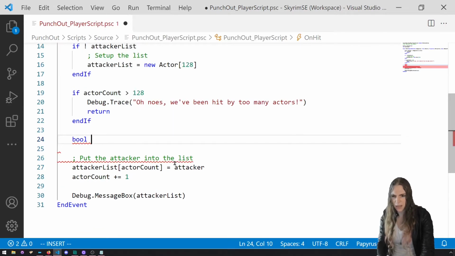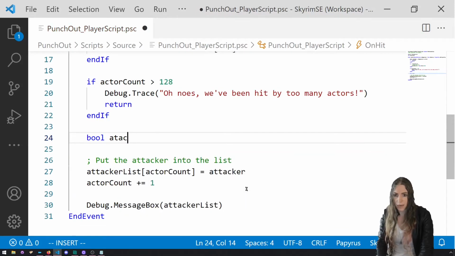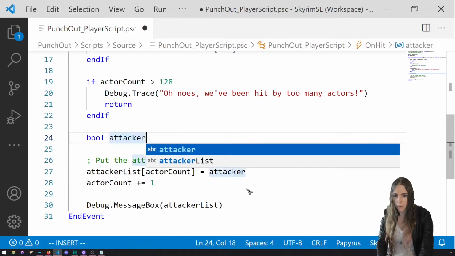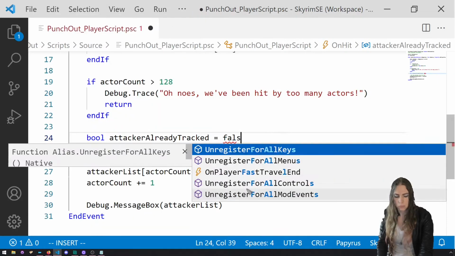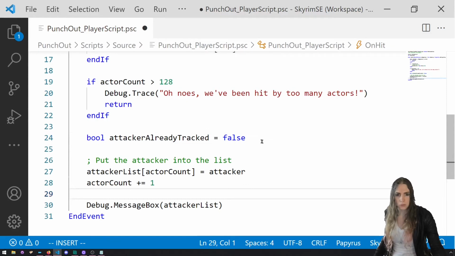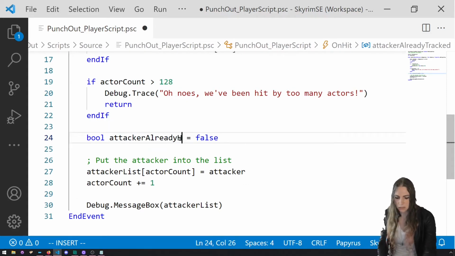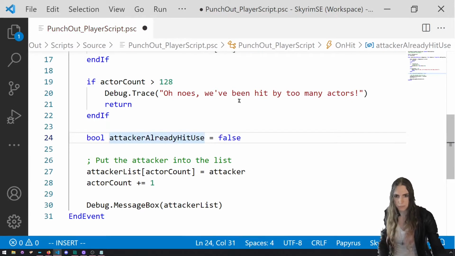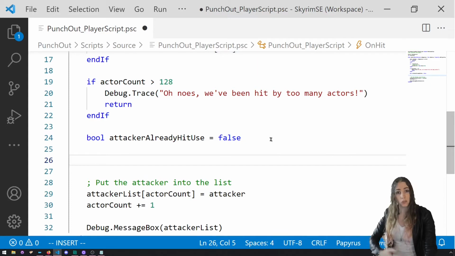Let's say, I'll keep it as simple as I can. Boolean attacker already tracked. So by default, they're not already tracked in the system or already hit us. Something a little bit more explicit. So we'll say by default they haven't already hit us, and now let's look through the list to see if